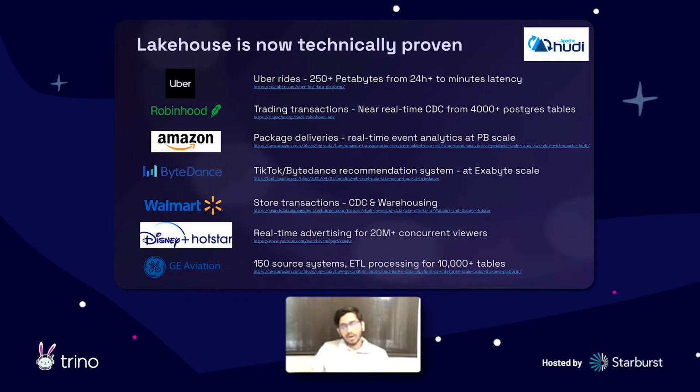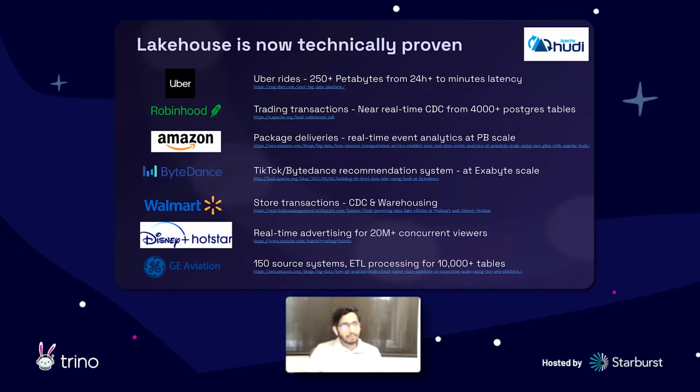And overall, I think Lakehouse as a technology shift away from just having lakes is pretty much validated at this point. You can see some very common daily services and deeper enterprises combined which have adopted Hudi. For example, TikTok usage is over an exabyte of data that they manage daily on Hudi.